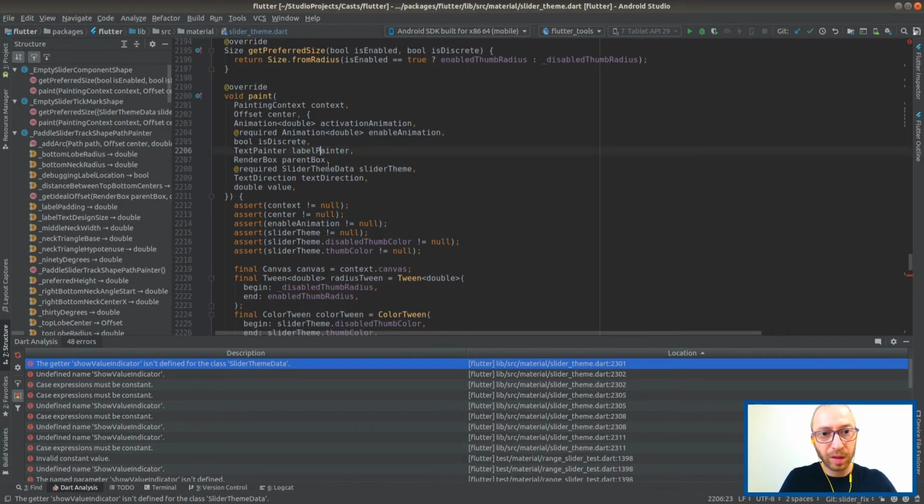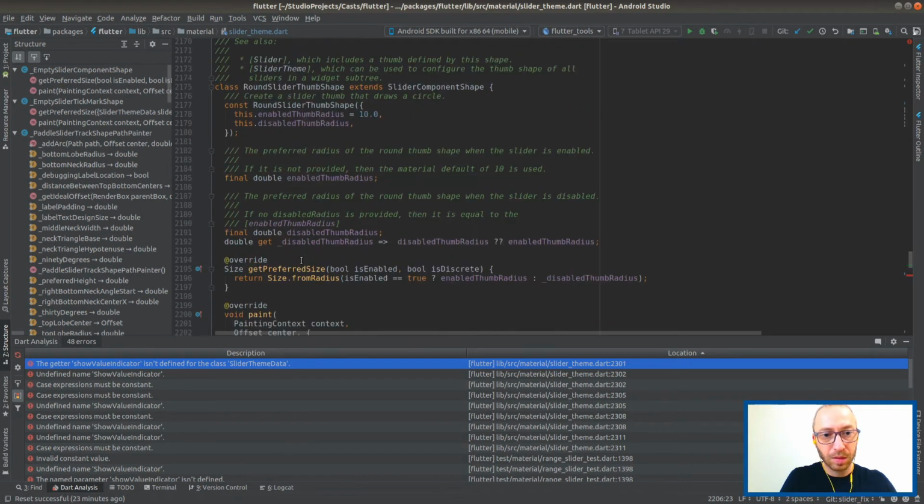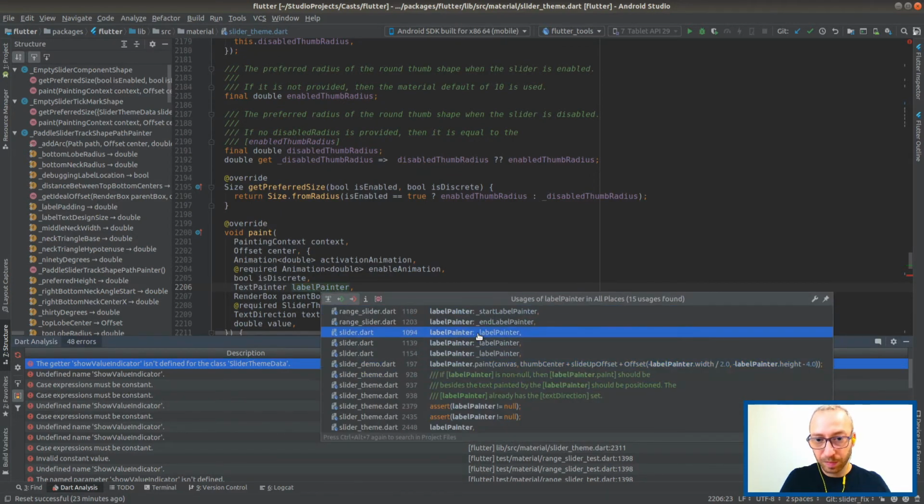So what do we have to work with here? The label painter. Is the label painter actually the label? Then we need to see where it's used.